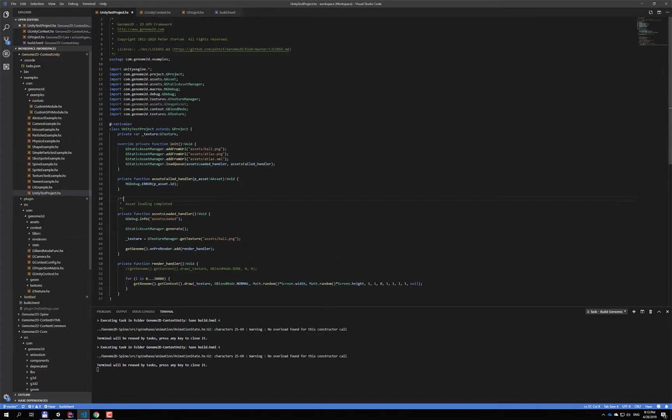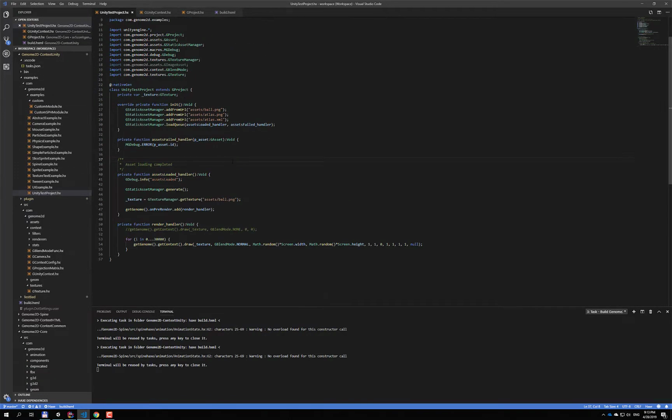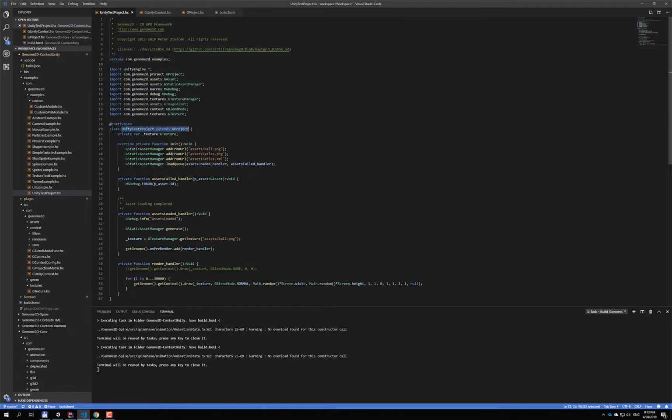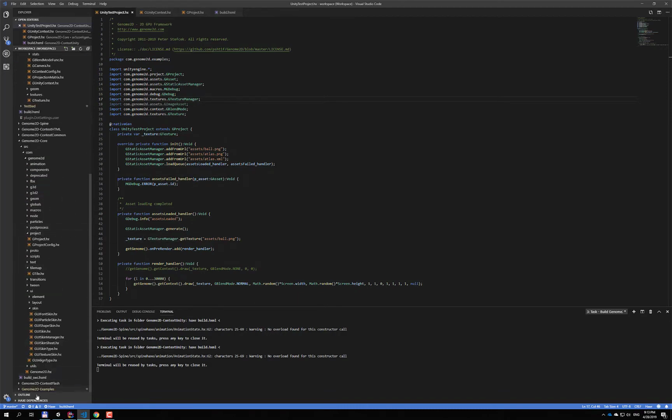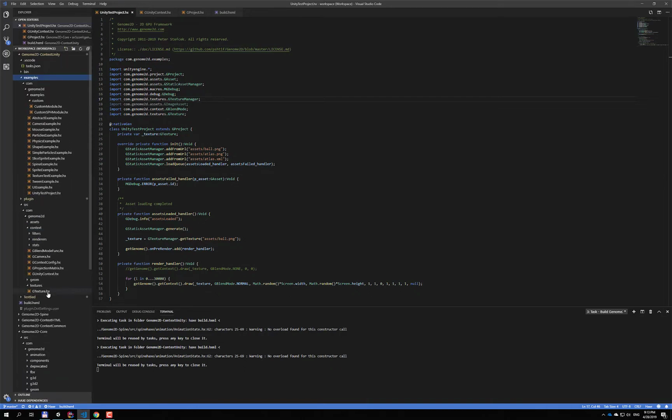So as you can see, for example, inside examples there is this Unity test project example that extends the G project, so you can add it to a game object, and it will run this example. One more info. All the examples for the Unity context are inside the Unity context submodule, inside the example stuff. So far, I'm not using these Genome2D examples submodule, which is used for all the other contexts,